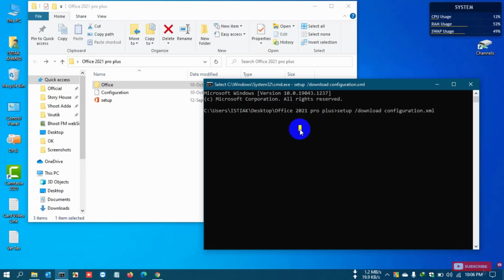Actually this video is lengthy, that's why I stop this video at downloading the software. After downloading I will make another video on how to install the latest Office version 2021. So in this video I am trying to show you the download process, in detail, so that you can download the file easily.